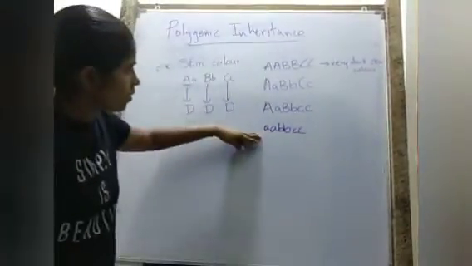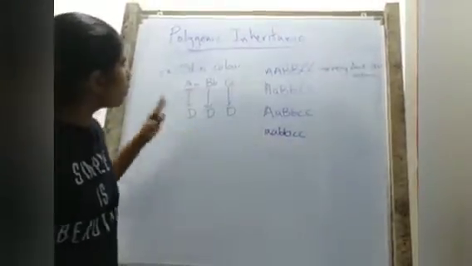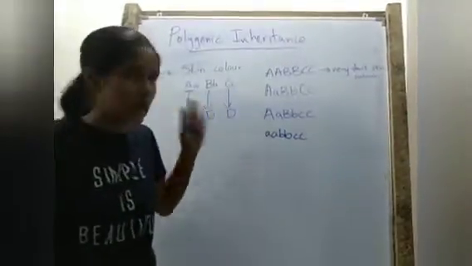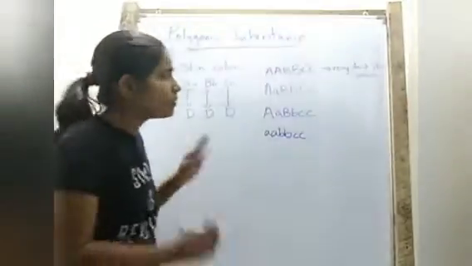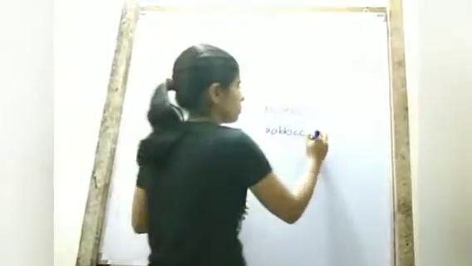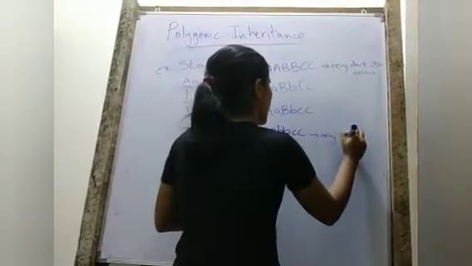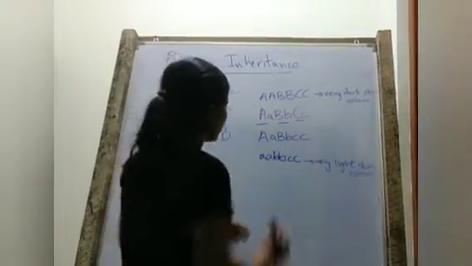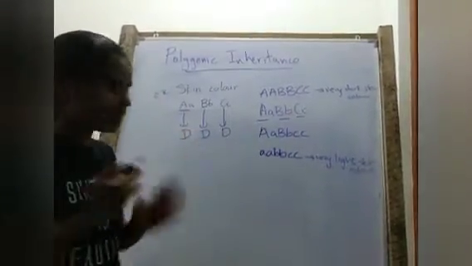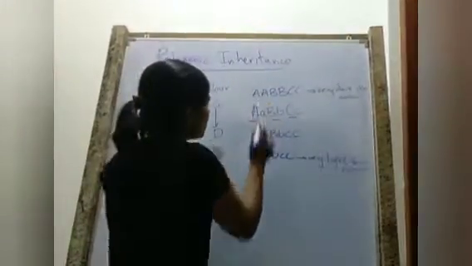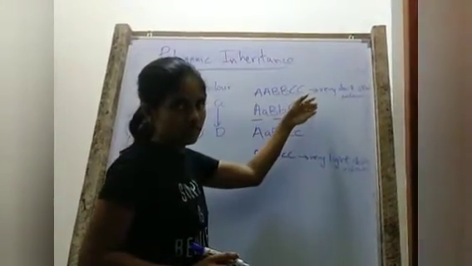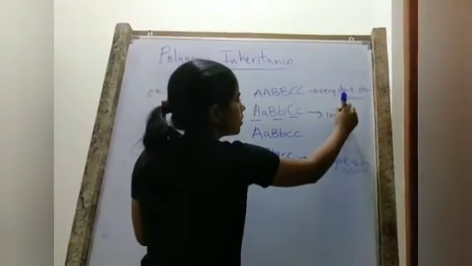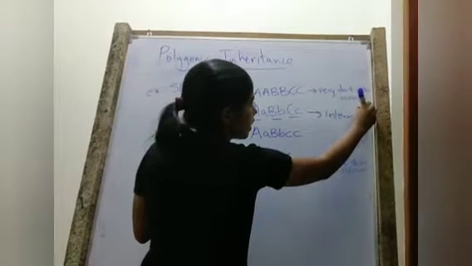Here we have 0 dominant alleles. Here we have 0 alleles which give out 1 unit of darkness. So this is the phenotype of a very light skinned person. Here we have 3 alleles which give out 1 unit of darkness, which is less than in this one but higher than this one. So we say that this has an intermediate skin color.